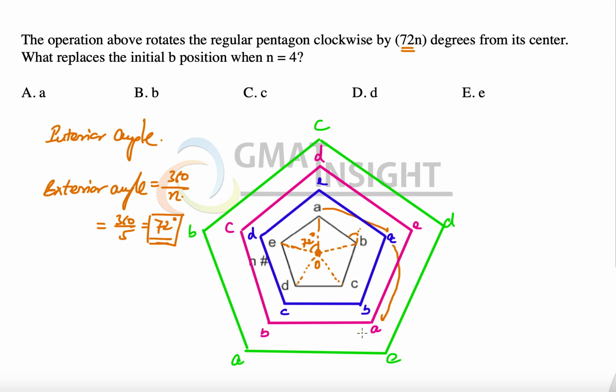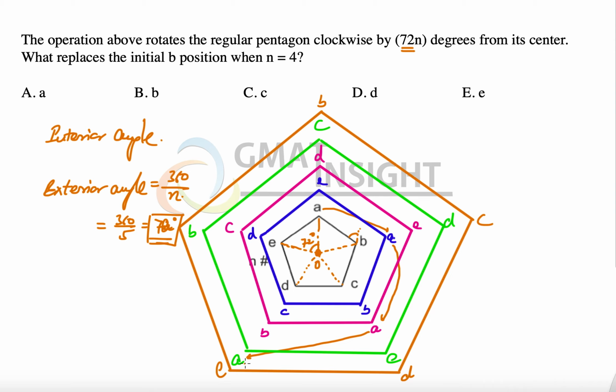The third rotation, A moves by one more place clockwise, so that is the third rotation. And now we have to make the fourth rotation, and the fourth rotation looks like this. So now A has moved to this new place, which means every point has moved one place back in the anti-clockwise direction, because you see A has reached the place where E was, E has reached the place where D was, D has reached the place where C was, C has reached the place of B, and so on.